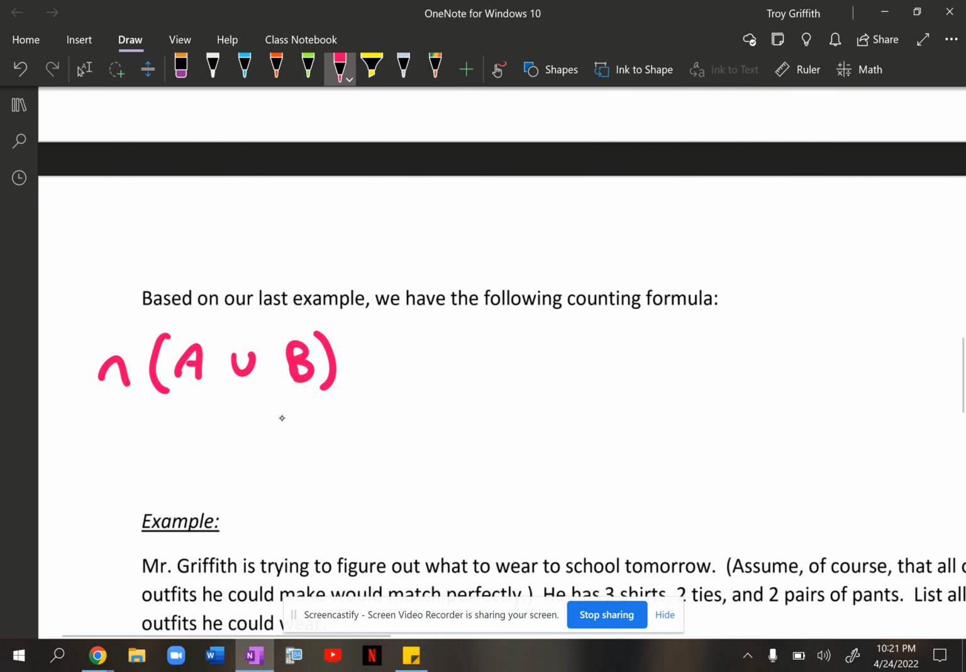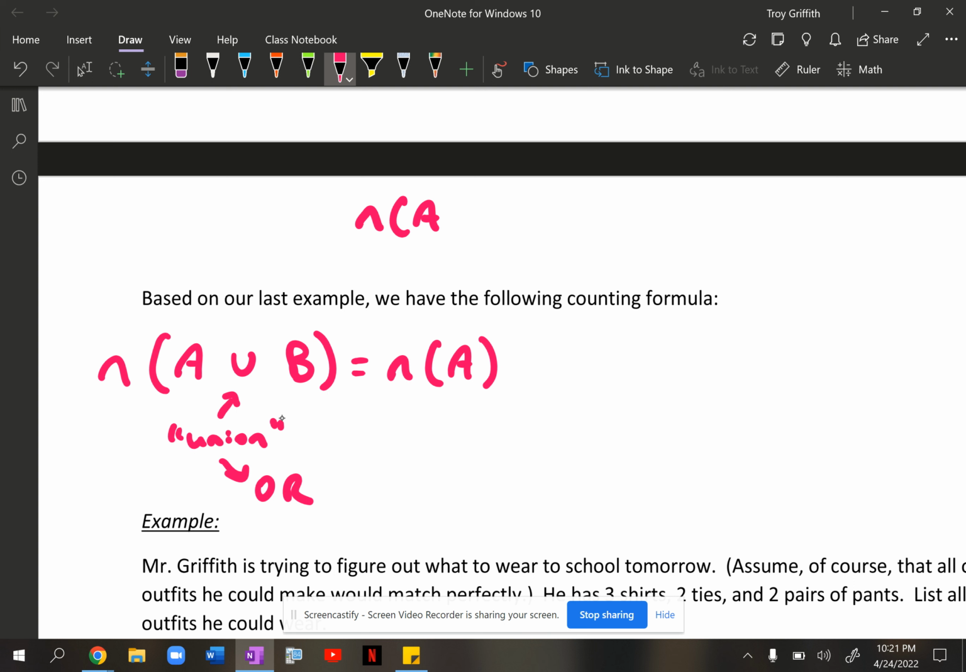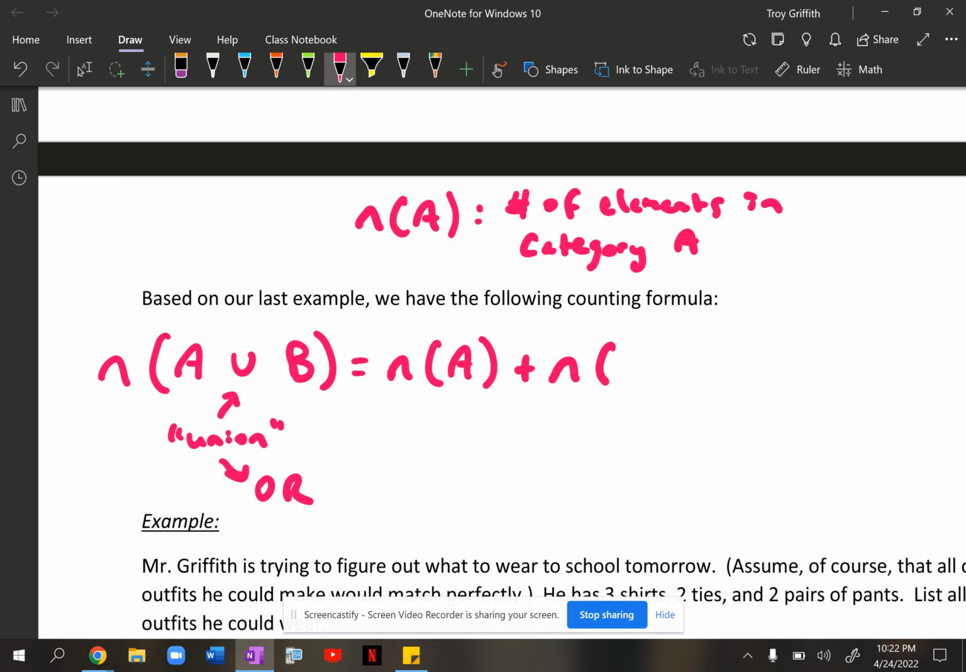Okay, so just notation and vocabulary wise, this little symbol right here means the union. And another way of thinking about union is "or." So in other words, this means the number of people that fall into either category A or category B. Okay, and this is equal to the number of elements in category A. So we'll write a little note here: N of A just means the number of elements in category A, plus N of B, so the number of elements in category B, minus the number of elements in A intersect